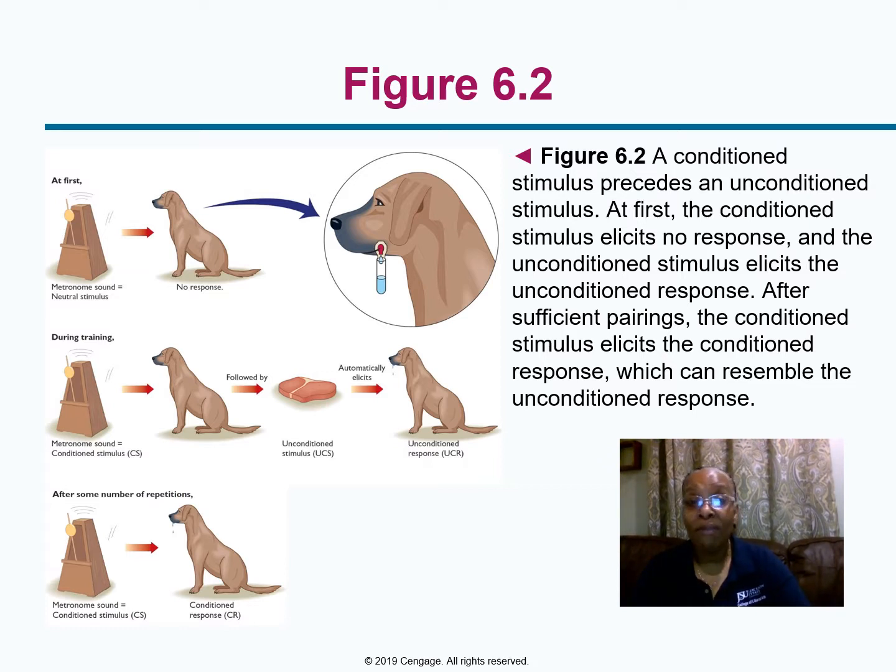So whenever Pavlov gave a dog food, the dog salivated. The food-then-salivation connection would be automatic, and that required no training whatsoever. Pavlov called the food the unconditioned stimulus, okay? And he called salivation the unconditioned response. So the unconditioned stimulus would be an event that automatically will elicit an unconditioned response. And the unconditioned response is the action that the unconditioned stimulus will elicit.